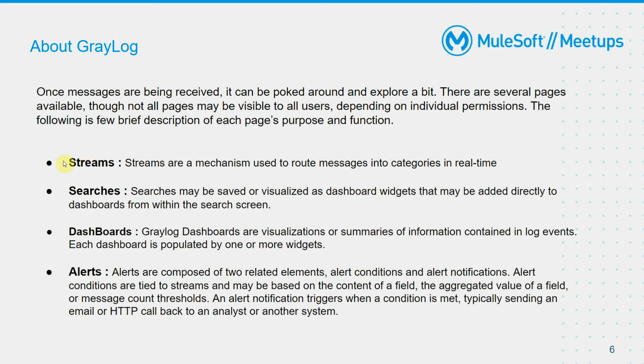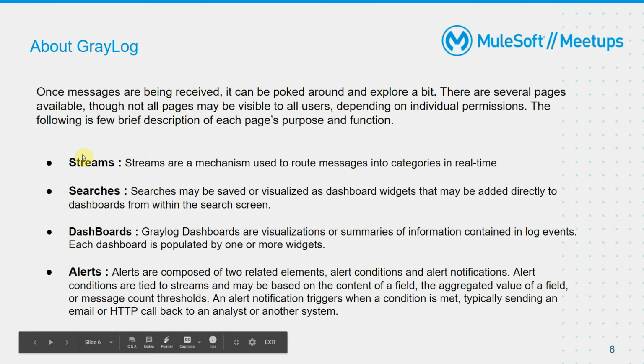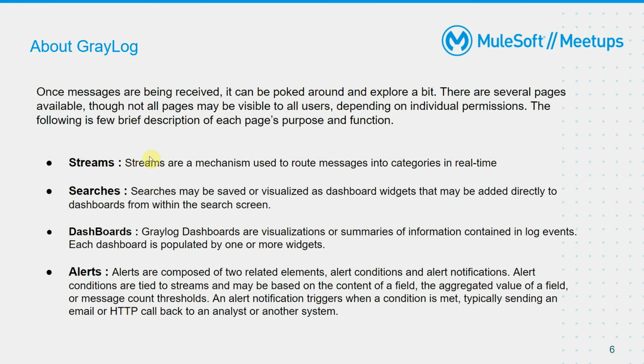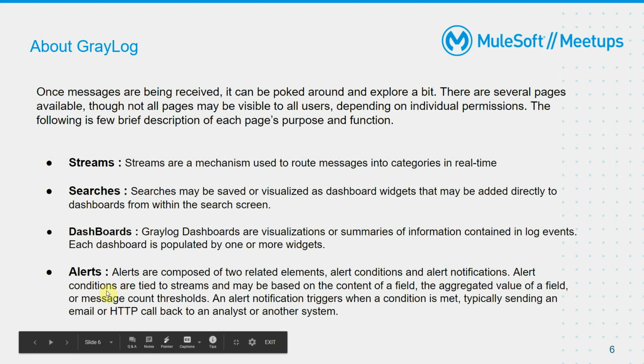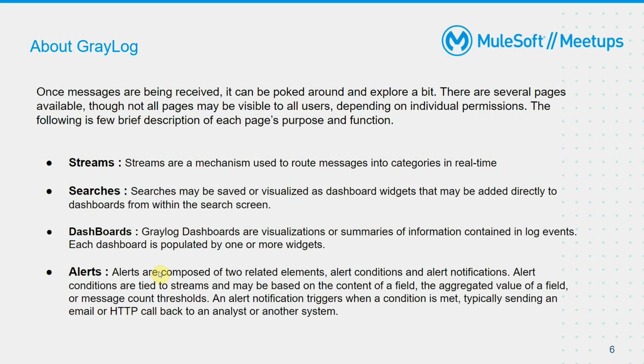A couple of main features I would like to highlight. First, streaming: the capability in the runtime fabric and Graylog to stream data from inbound and outbound components to Graylog. Then search, where we can visualize and search the data and use dashboards to expose it, based on configurations and filters. And alerts, to send data and alerts to external users to monitor the platform, based on the rules we have created.